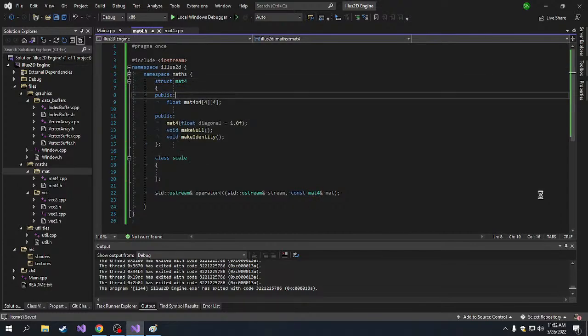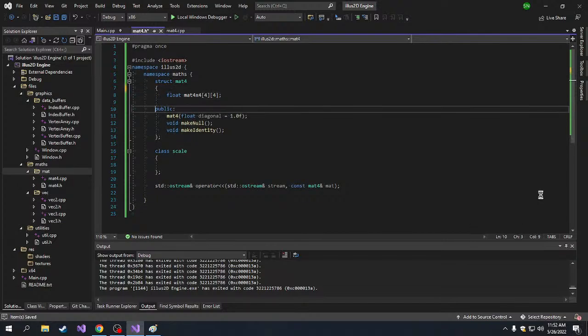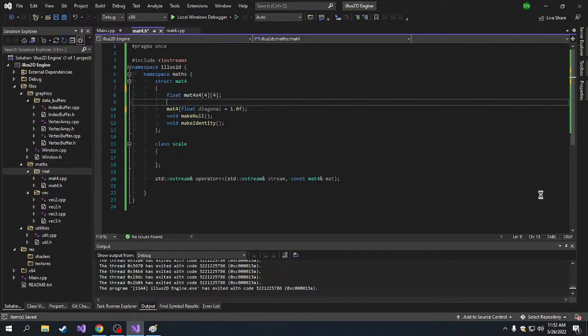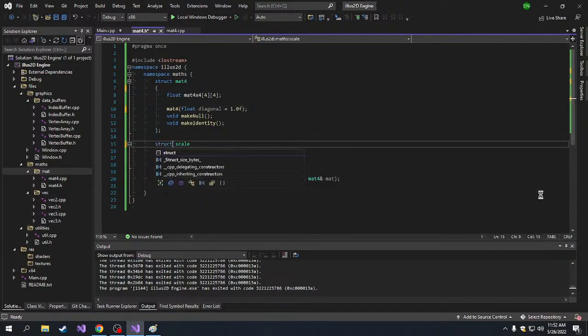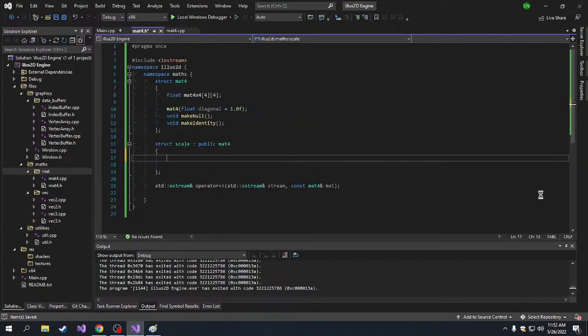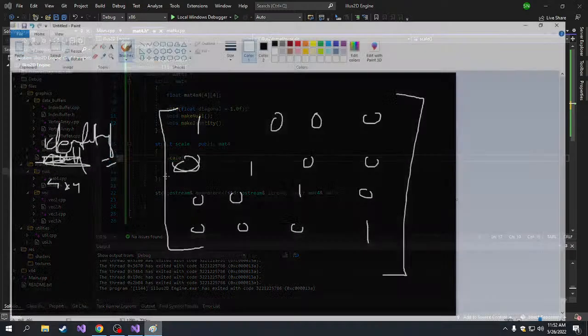Since we're making everything public, I don't think it makes more sense to do otherwise. Yeah, we'll just make it a struct for now. Right, so let's make it a struct, and this is going to inherit from the public mat4. Awesome, cool. It's going to have a default parameter. It's going to scale. It's going to take something like a float, or a vector. So scaling. All right. So scale matrix. So I'll have to explain it